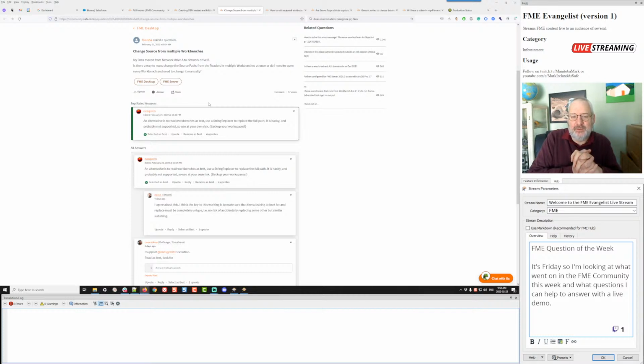And yeah, I really don't like the alternative solution, which is, like Neil says, to use a string replacer to replace the paths in the workspace file. Well, it's definitely hacky, and I wouldn't say it's not supported. I mean, if it's not supported in that we wouldn't guarantee that FME works correctly, but if something went wrong, we'd probably try and help you in the support team, but it shouldn't do. I really can't see why that would go wrong. But you've got to be aware that